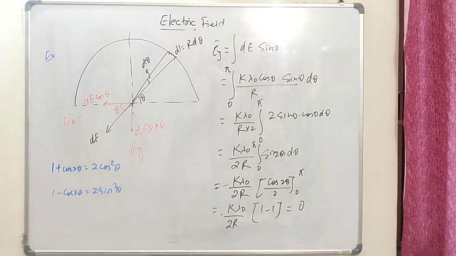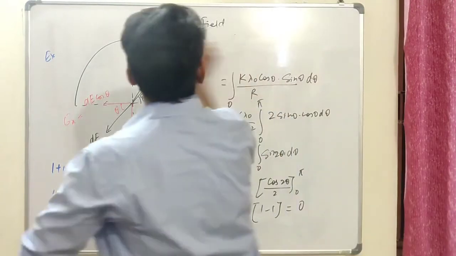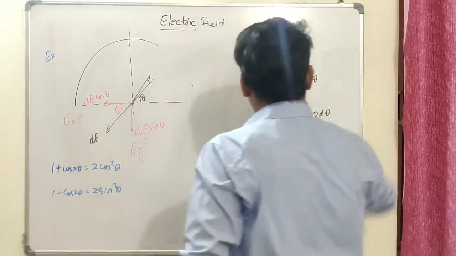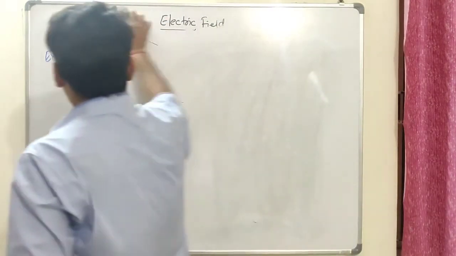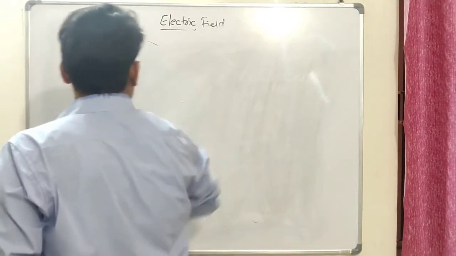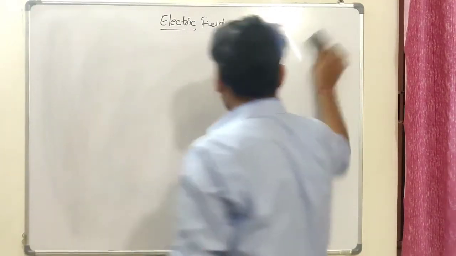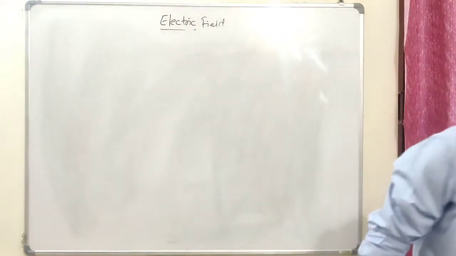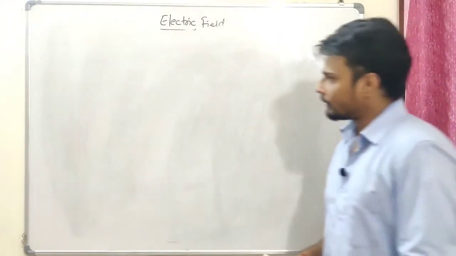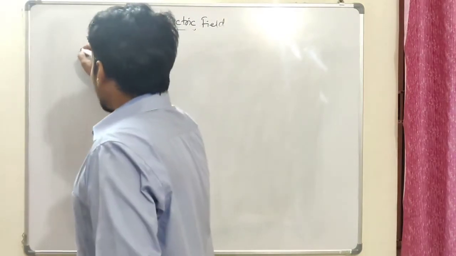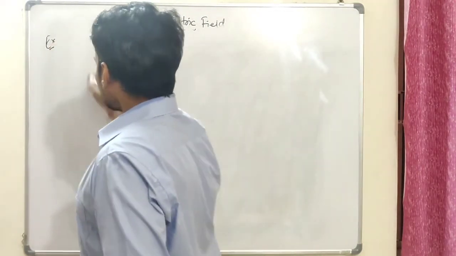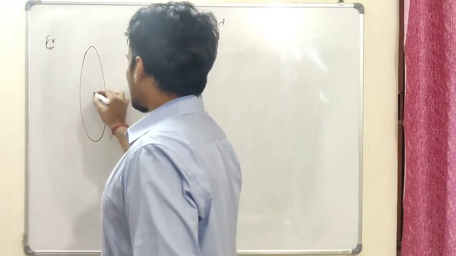Let's see some more good questions over here. Now, in electrostatics with Coulomb's law, I have done so many questions which had SHM coming up. So we can have some questions which can be mixed up with the SHM concept. Okay, let's say I have a ring having a charge Q.